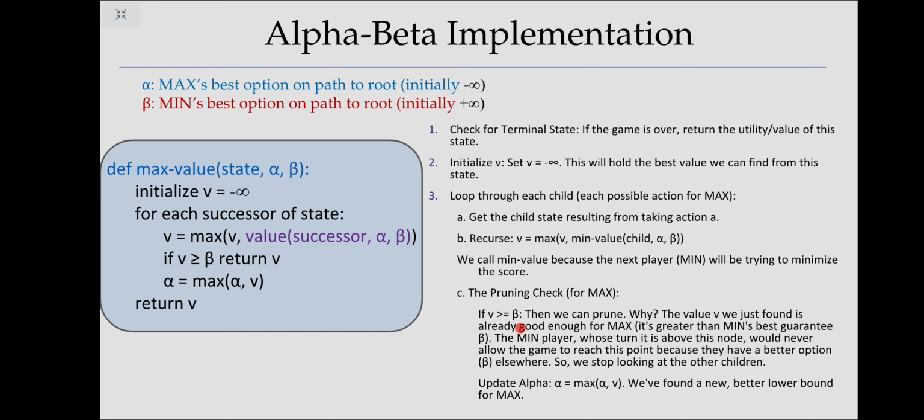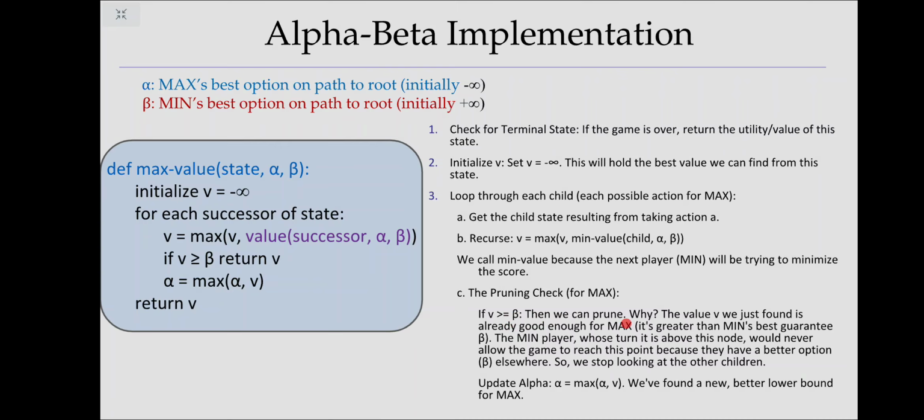Because of that, checking the behavior of this successor is not useful for myself. Because of that, the min player causes this branch to be pruned. And we say that if v is greater than or equal to beta,